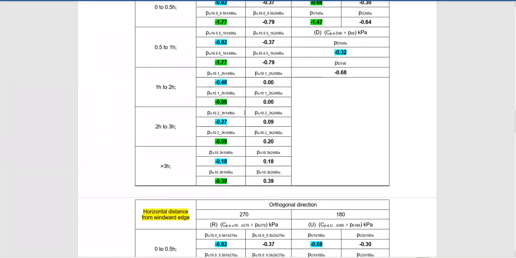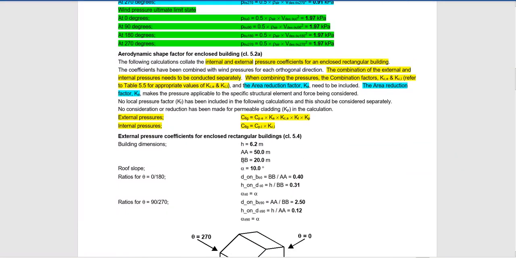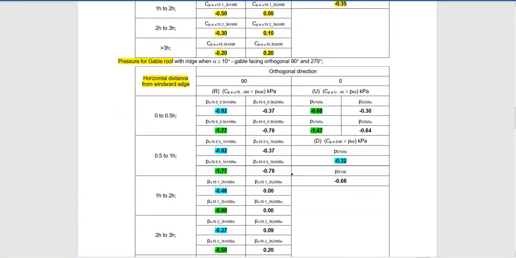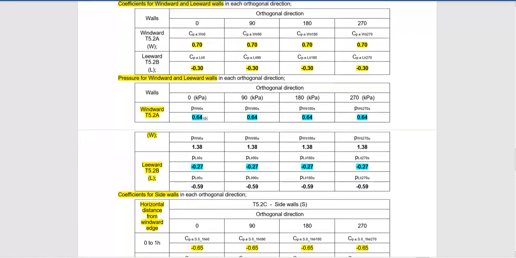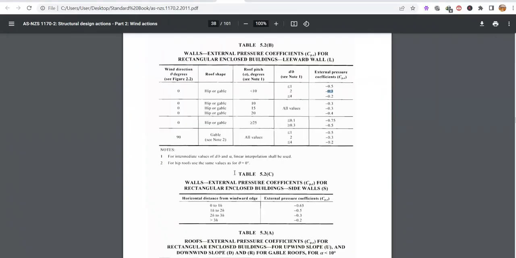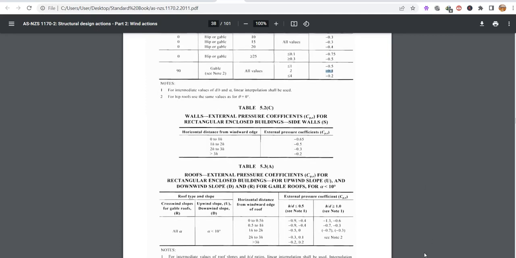D over B, go back to the ratio D over B. For the wall, D on B is 2.5, which is greater than 2. That's why I've got the value as negative 0.3 from the table here. D on B for wall is negative 0.3. Okay, so after we've got the value for Cpe,